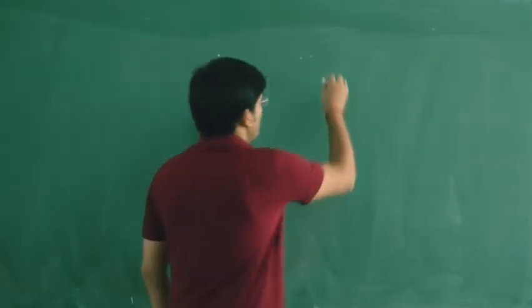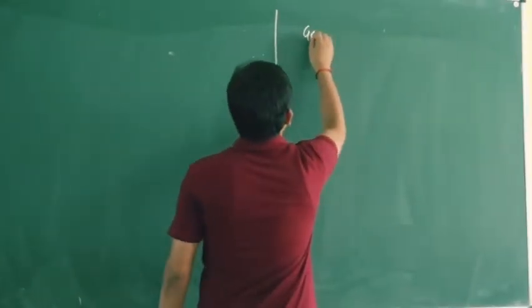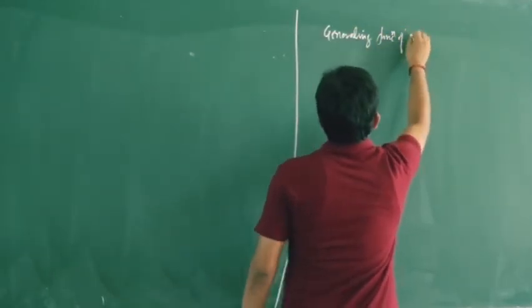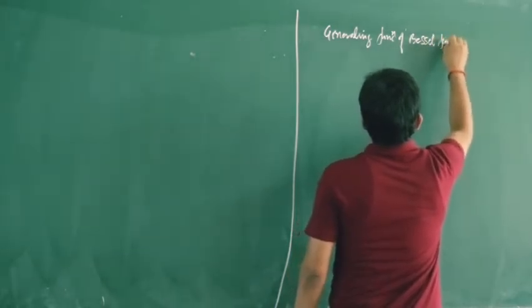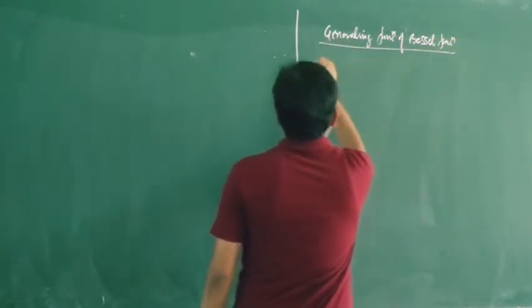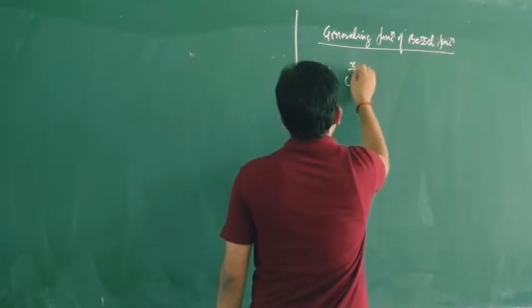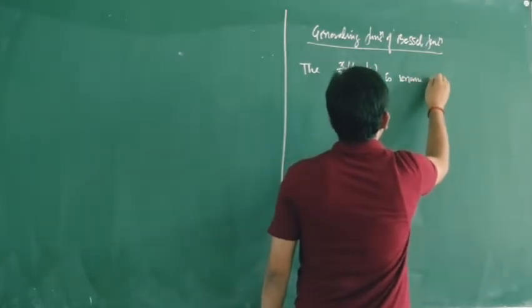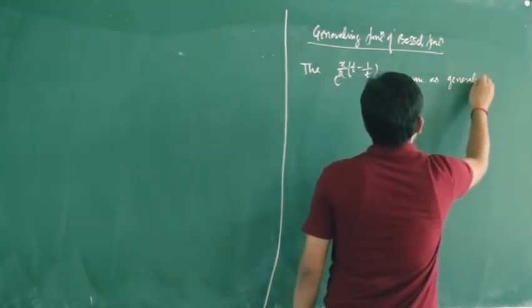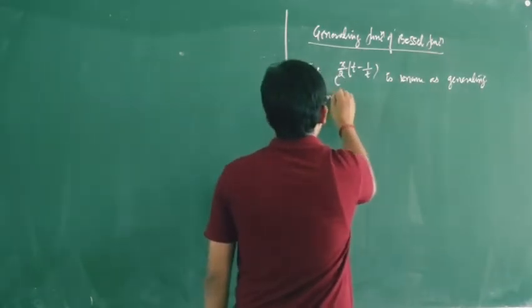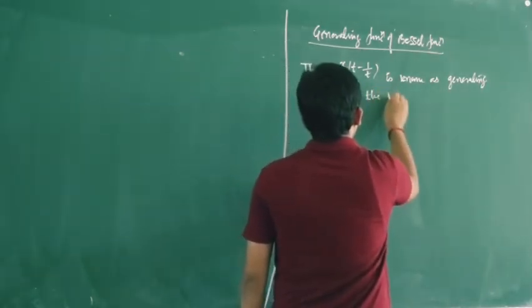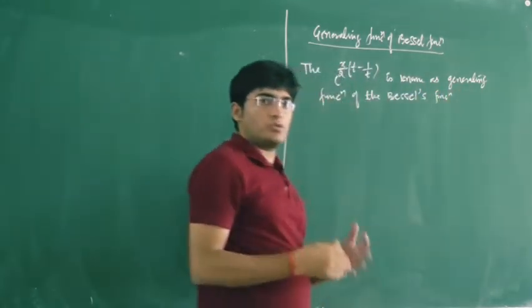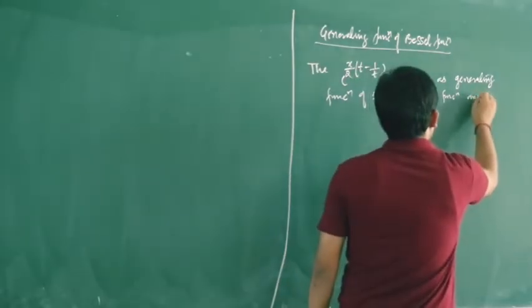So, generative function of Bessel function. The function e power x by 2 into t minus 1 by t is known as the generative function of the Bessel function. This is known as your generative function of the Bessel function, and we have